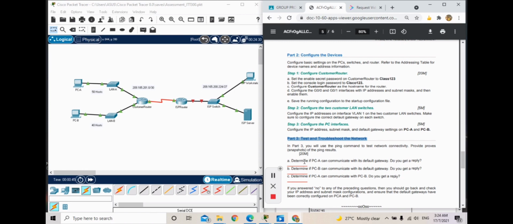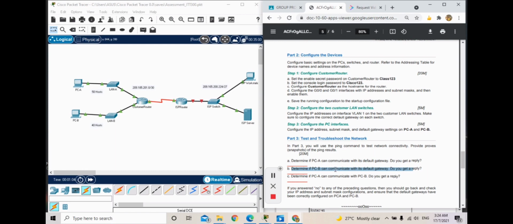So what you're going to do in this part 3 is you're going to determine if PCA can communicate with default gateway or not, and you're going to do for the PCB as well,